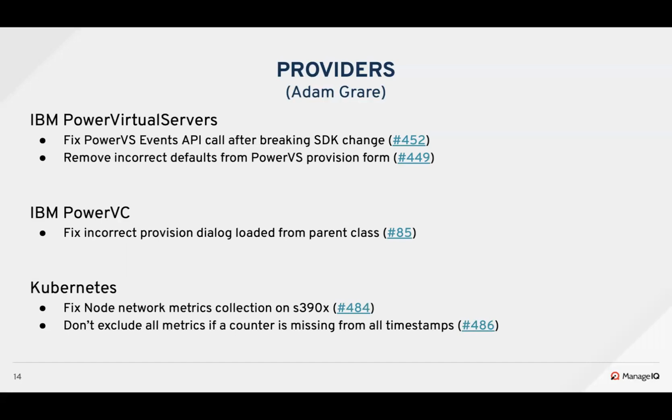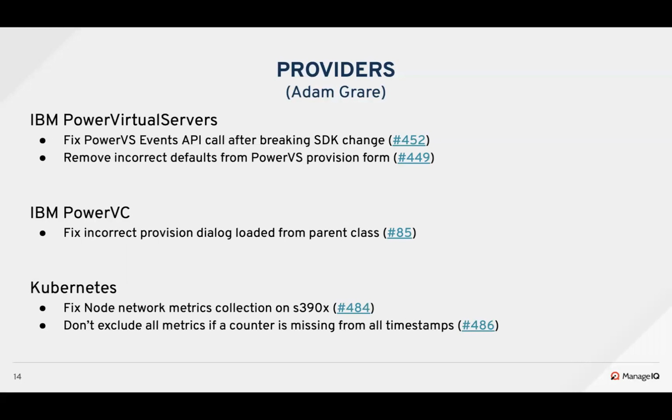For Kubernetes, we fixed node collection for S390X architecture nodes. The interface names for the NICs were different than what we were expecting, and so no metrics were being returned for the query that we were submitting. So we fixed that up to include the ENC type interface names, and then we also fixed a bug where